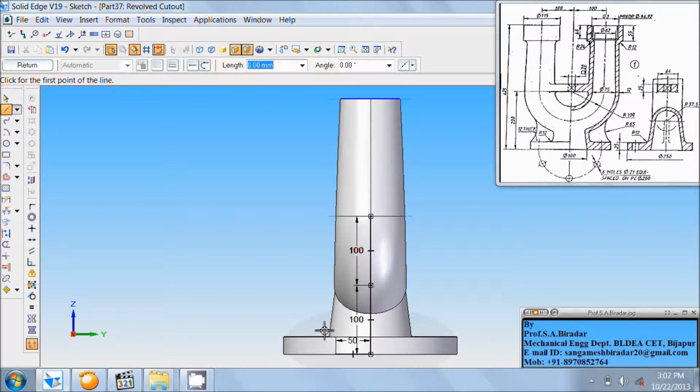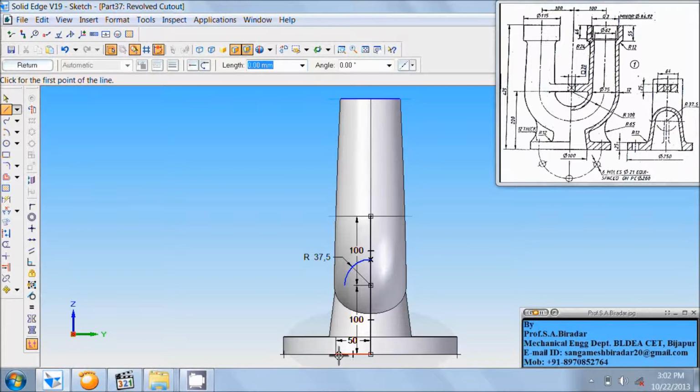Then right click of the mouse, take arc by center. Here is arc of radius 37.5, so center of the arc is this, enter radius as 37.5, click on this vertical line, sweep arc in this direction, set the sweep angle as 90, click here, then take line command,